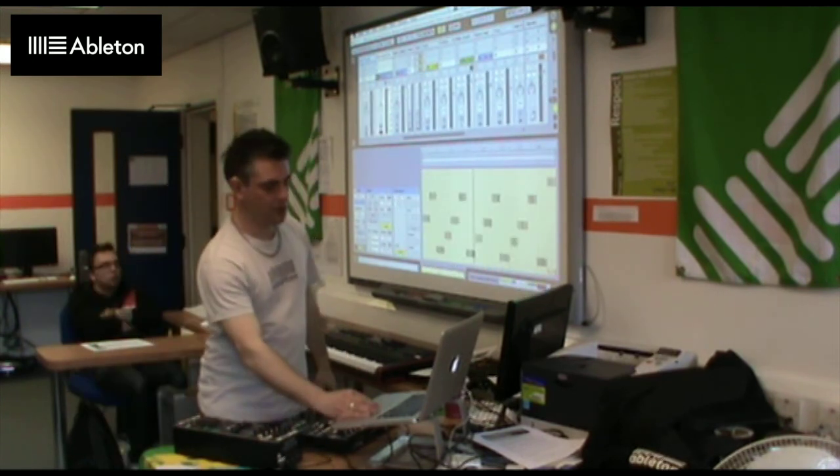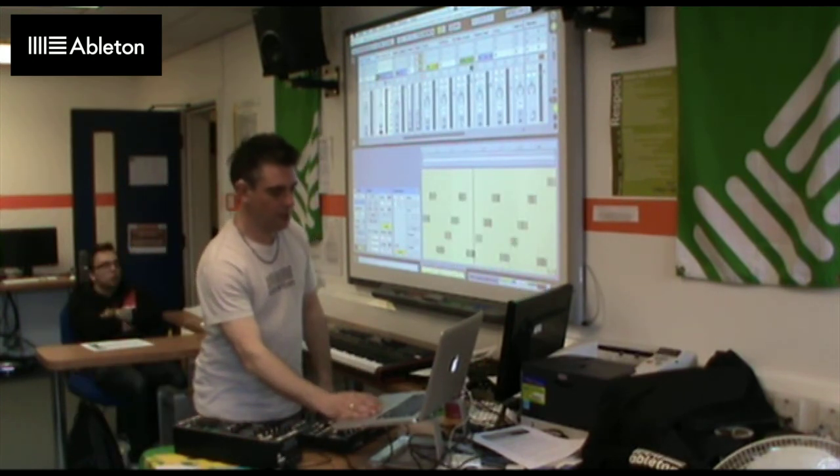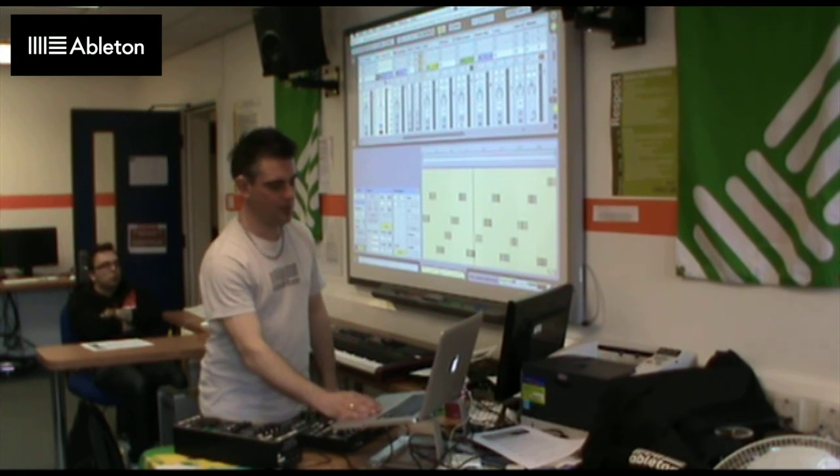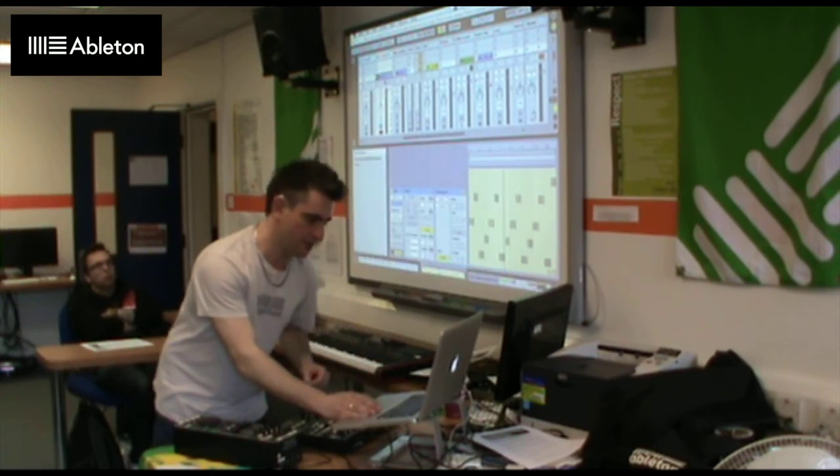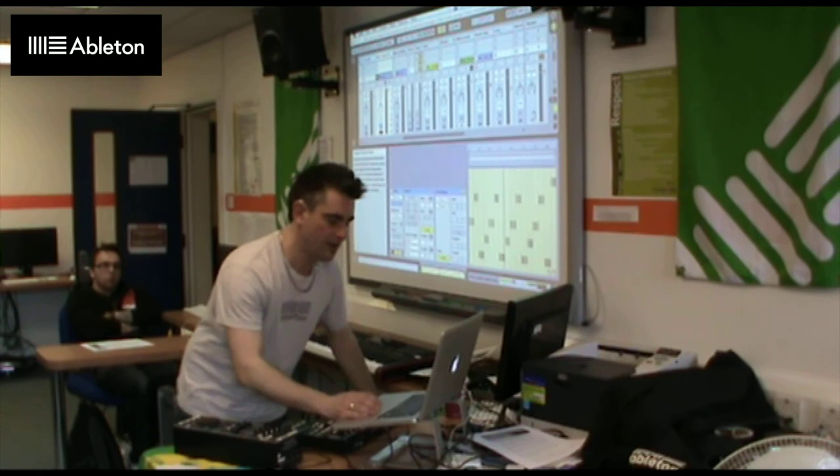So you're going to make sure your track's armed, the automation buttons are enabled, and this one with the circle on it as well. It's really important. It's called the session record button. Alright,